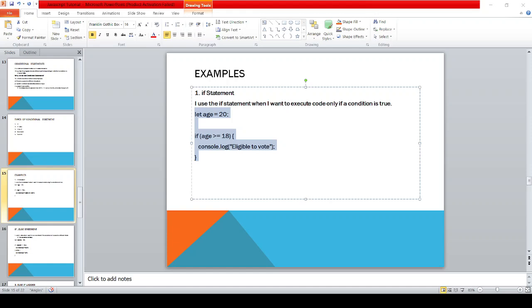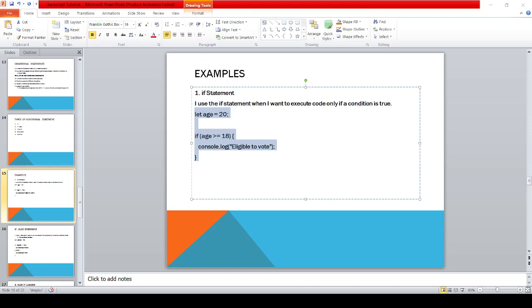and follow the next step. In the next step, it has mentioned console.log. So here console.log is to print whatever text we need. Basically, console.log is to print in the output. So here I am saying console.log, as the condition is satisfied, I am telling you are eligible to vote. Then I'll close the block. Okay, this is about